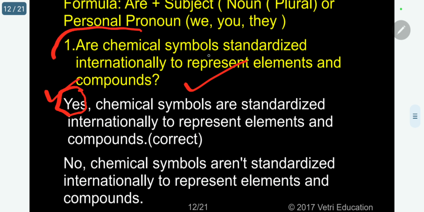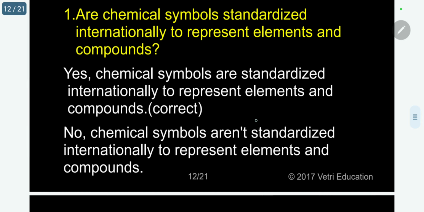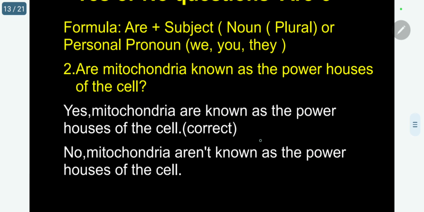So chemical symbols are standardized internationally to represent elements and compounds. To give a reply is very, very easy. This you must understand. The next one. Suppose the answer is no, chemical symbols aren't standardized internationally to represent elements and compounds. Please follow. The second question: